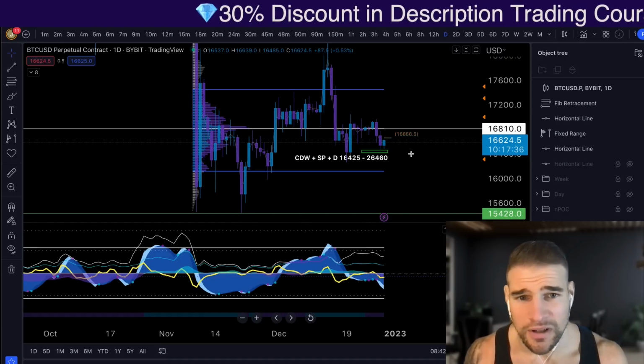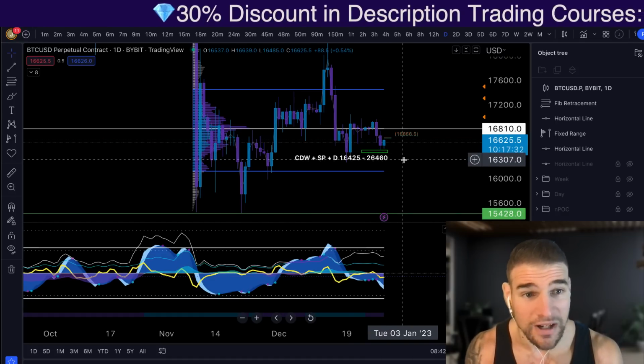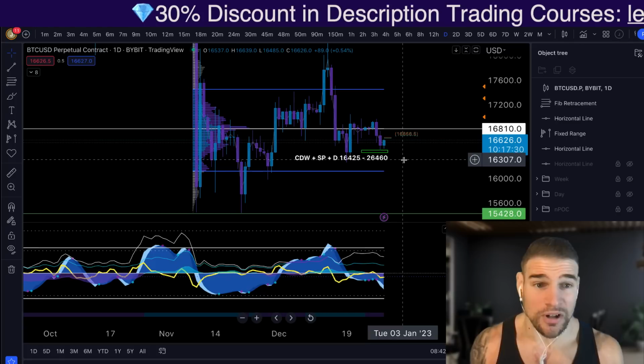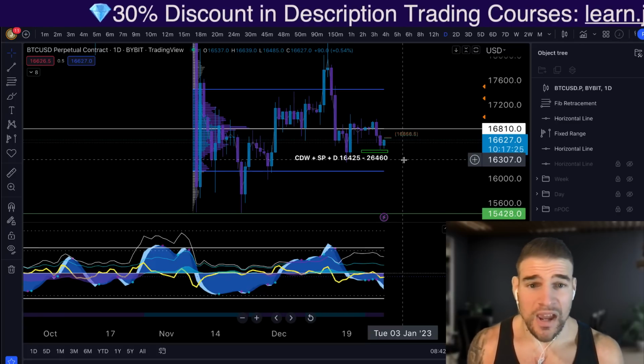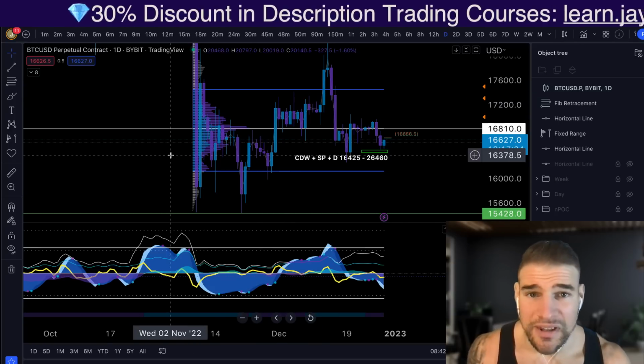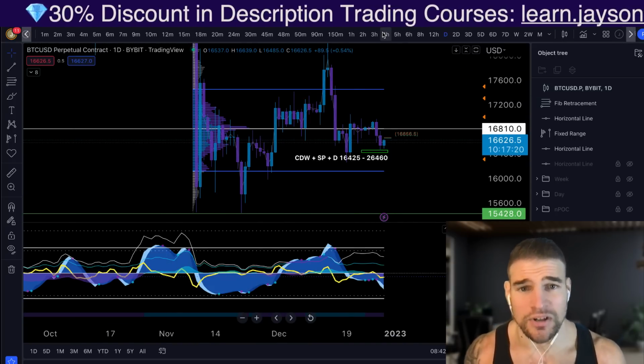You can see that Bitcoin bounced perfectly from the green box. You can also see I have not taken profit on the trade yet. So I'm going to be talking about my targets to the upside for this long trade, as well as my targets to the downside. So the first major warning sign that we have on this Bitcoin chart is